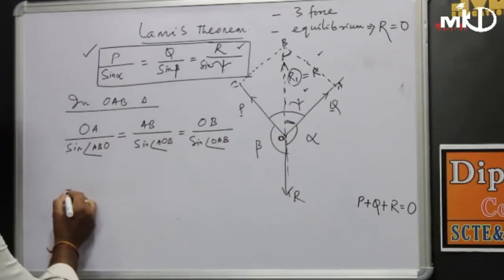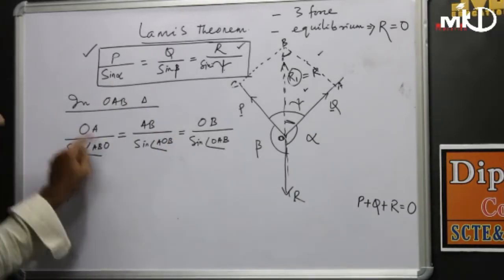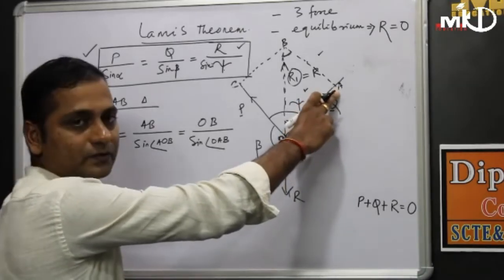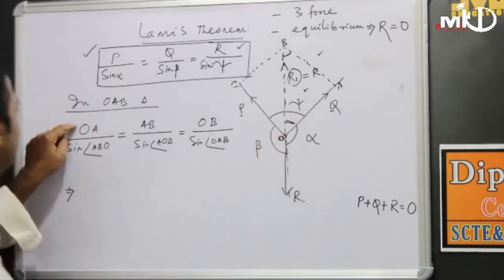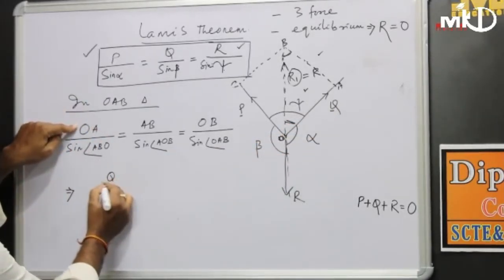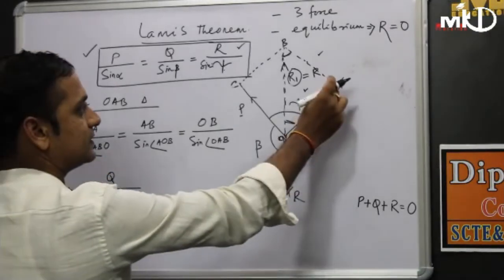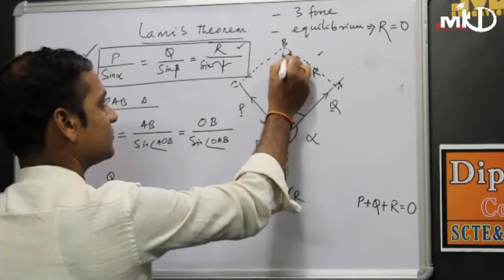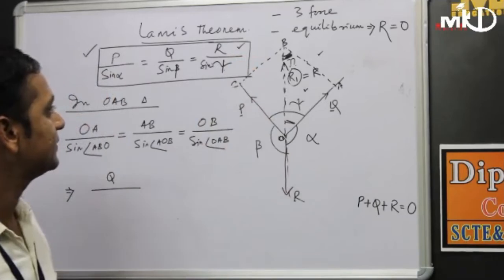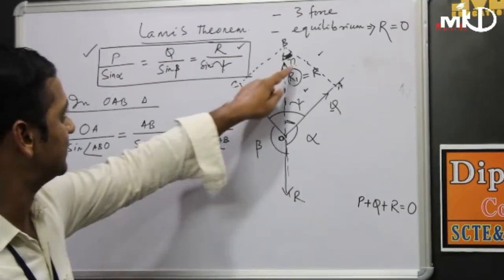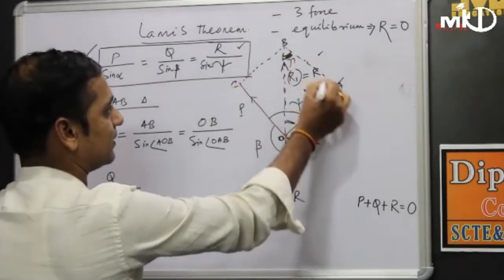So now if I will put the values, वहाँ पे अगर सब value put करेंगे, then we will get the derivations. So that means O to A means what? Now along this side we are taking the forces, that is our Q, that is the magnitude of that force. So that means in place of OA, we can write down Q divided by sine of ABO. ABO means what? Now that is ABO means this angle. So what is the value of this angle we have to find out. उसका value क्या होगा? So now ABO means this one, this angle. So how can we calculate this angle? So now see, this is our parallelogram.